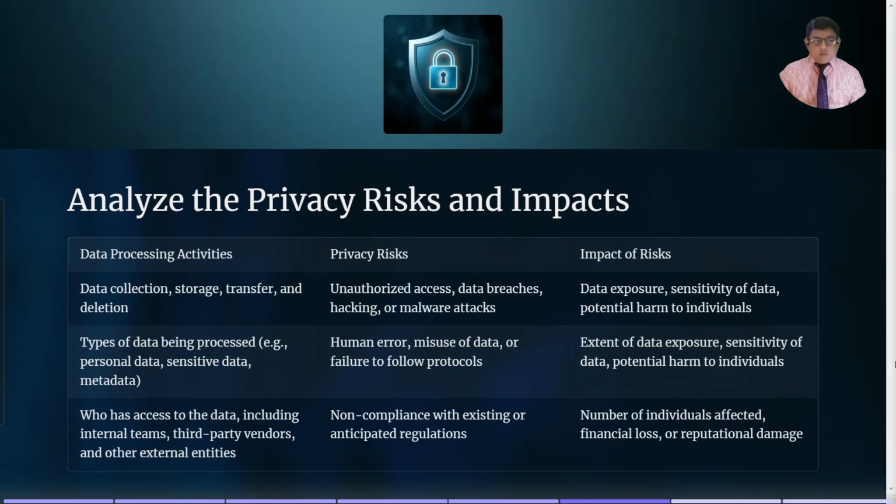Analyze the privacy risks and impacts. Data processing activities: data collection, storage, transfer, and deletion. Types of data being processed, for example personal data, sensitive data, metadata. Who has access to the data, including internal teams, third-party vendors, and other external entities. Privacy risks: unauthorized access, data breaches, hacking or malware attacks, human error, misuse of data, or failure to follow protocols,